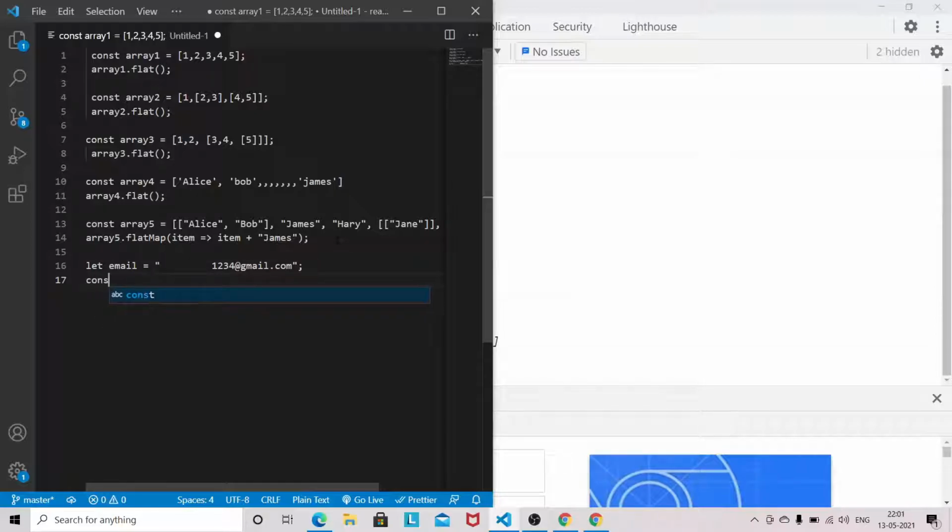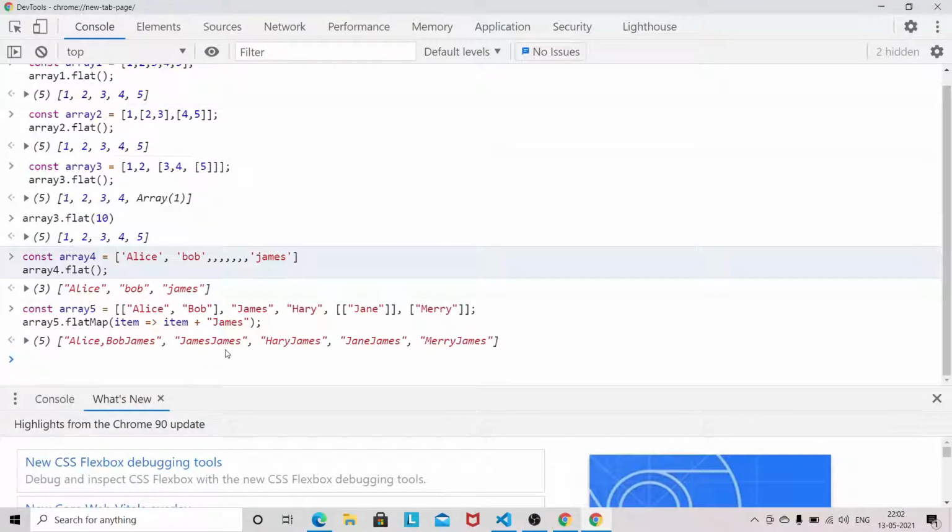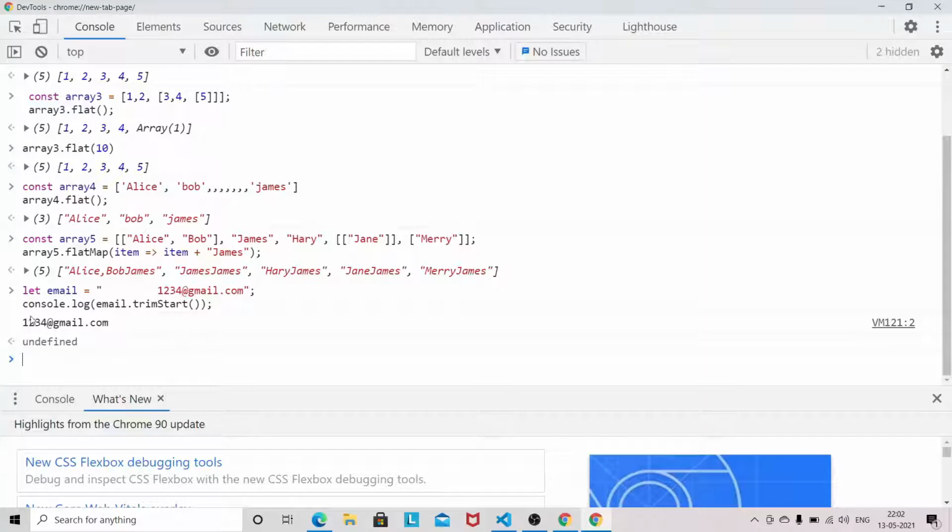In order to remove the space from the beginning, you can use trimStart. This feature was introduced in ES10, or 2019. Look, we are able to remove the white space from the beginning.